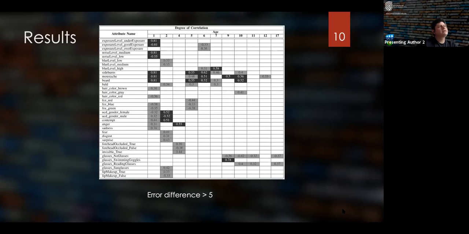For example, sideburns, mustache, and beard, we can see that there are correlations. But this might seem weird to see, for example, mustache and beard for 1-year-olds. But due to the data set we used, there are certain images, because they were taken from birthday parties, many images have, say, cake on the face, or there are also children with fake mustaches or fake beards. So this presents a challenge to our research, because it decreases the accuracy of, say, the age estimation